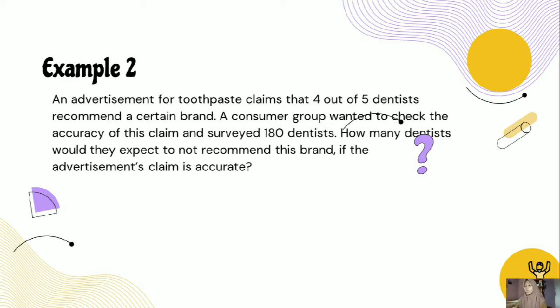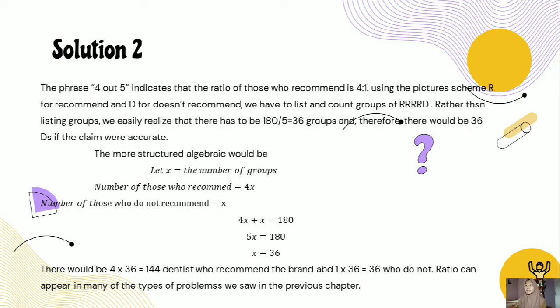How many dentists would they expect to not recommend this brand if the advertisement claim is accurate? So the solution: the ratio 4 out of 5 indicates that the ratio of those who recommend is 4